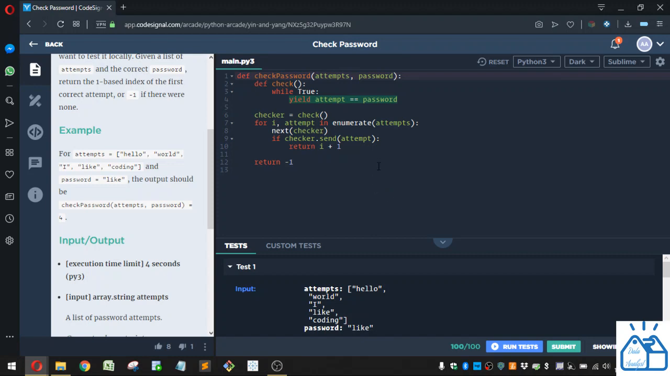So let's go ahead and look at the code they have. This is the missing code, but I'm going to explain all of it here. First, they create a generator called checker, and they set it equal to this function, check, which has the yield return. And then they do a for statement, so it's for i, which stands for index, and also attempt as the other variable. So enumerate,